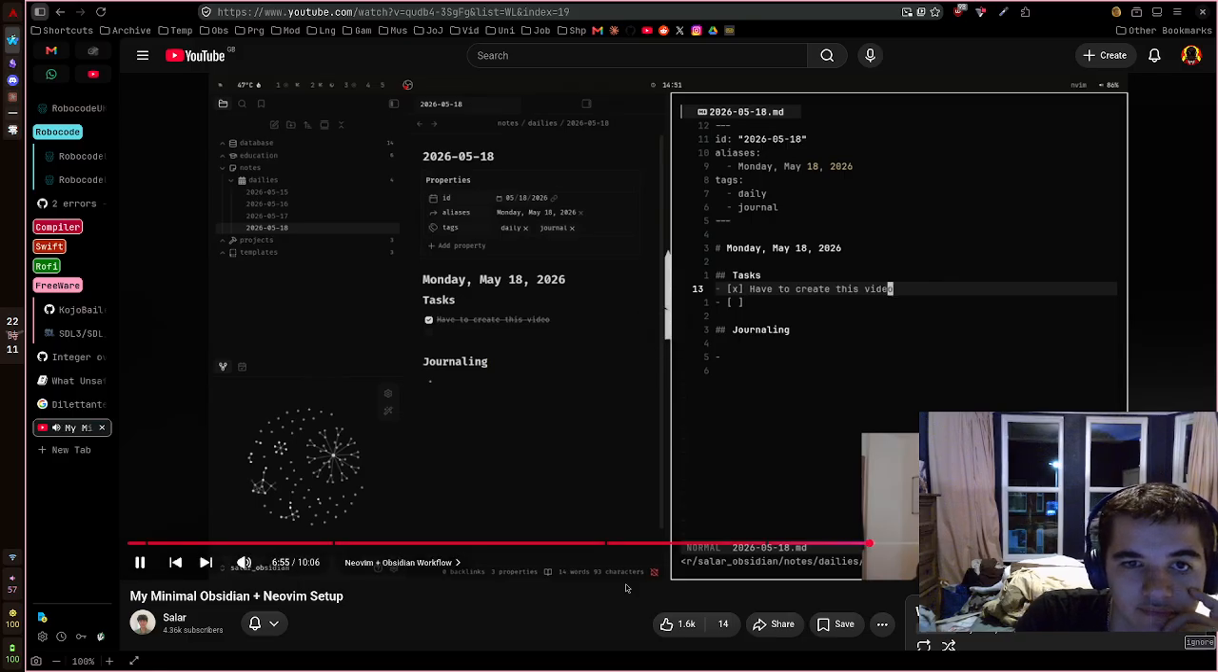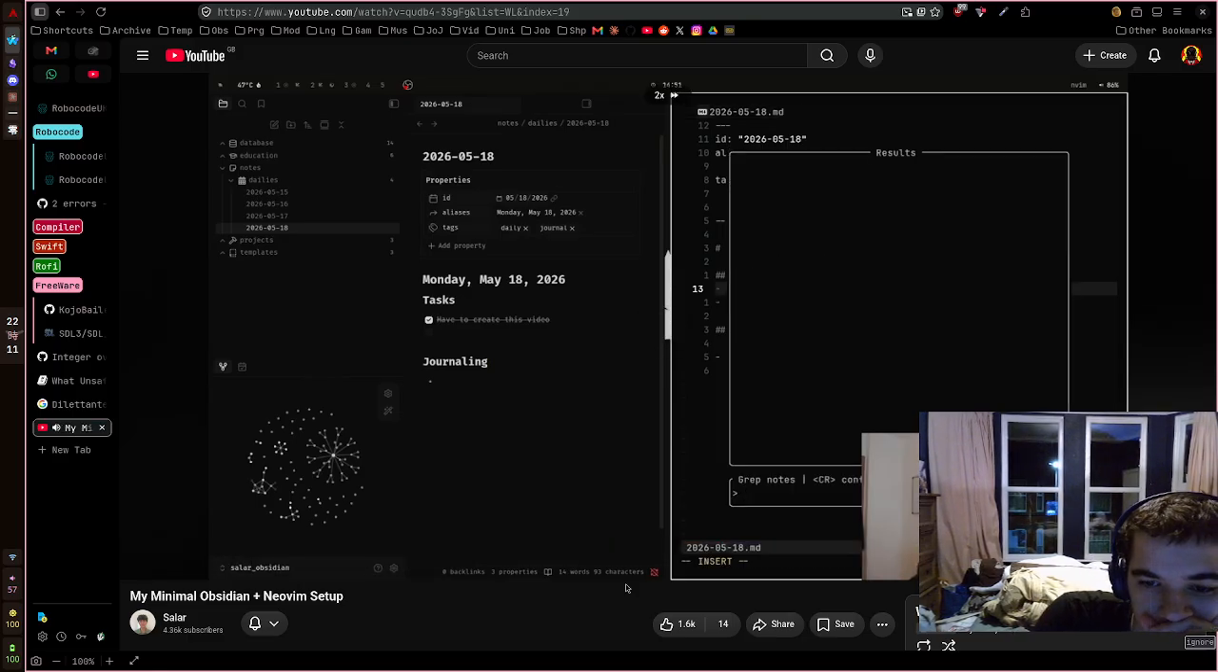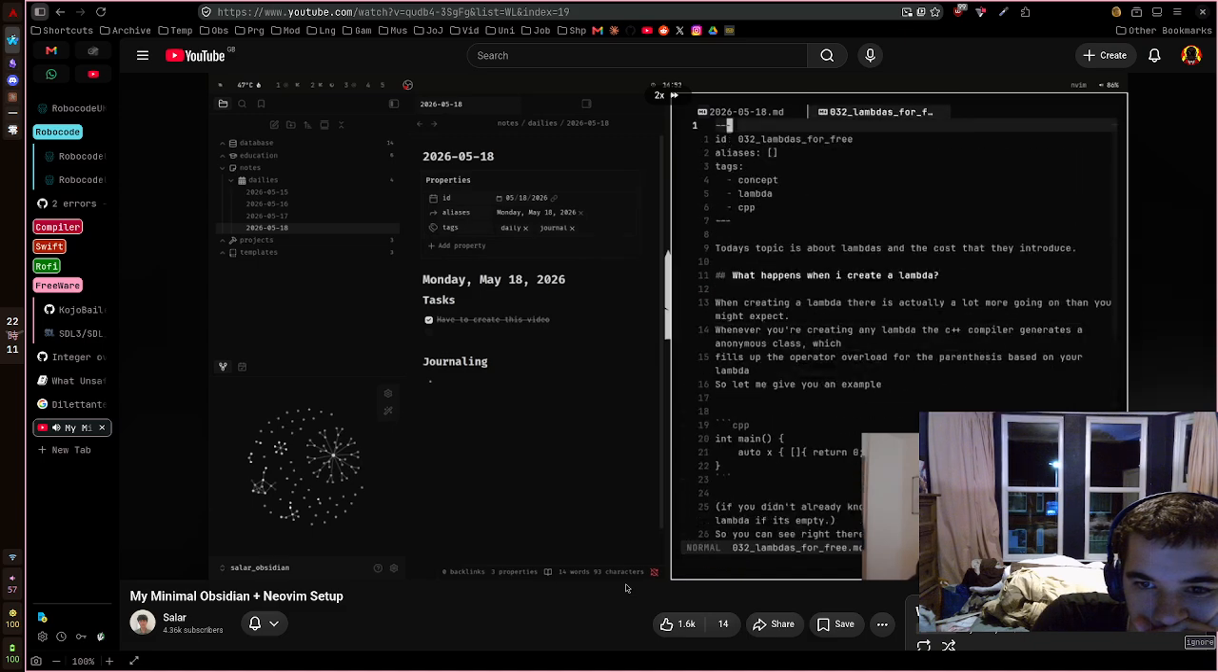Another cool thing we have is we can search through files very easily, so we can press leader OS, and, let's try to open up the thing about lambdas. So here we have a topic about lambdas and how